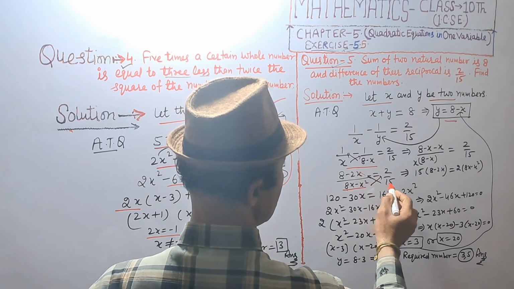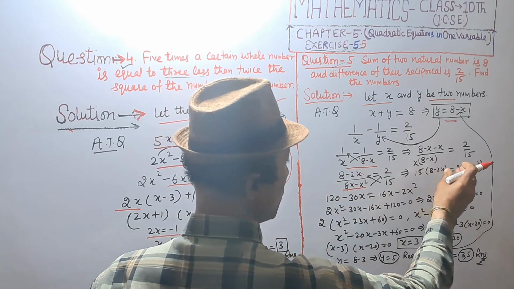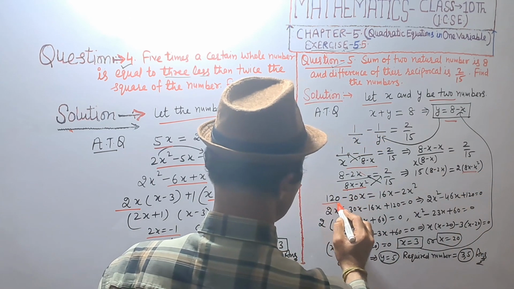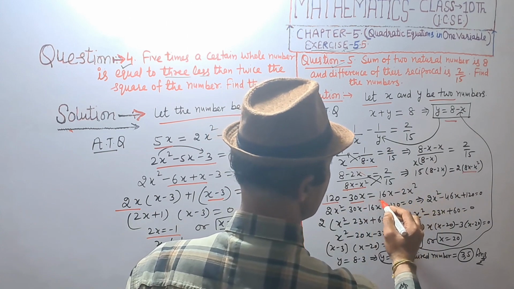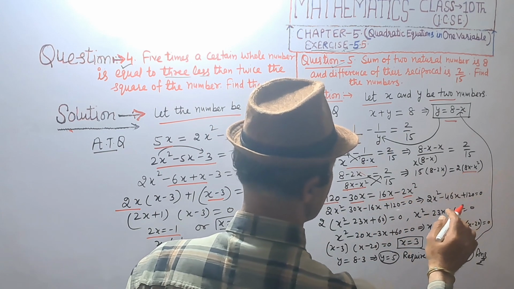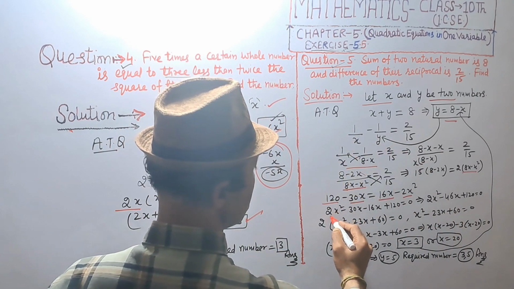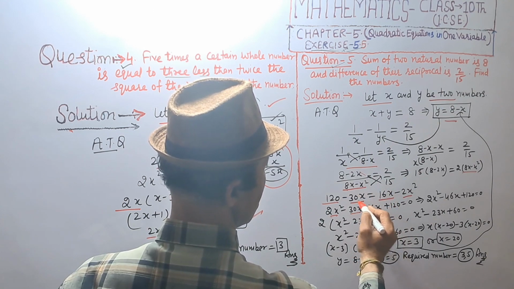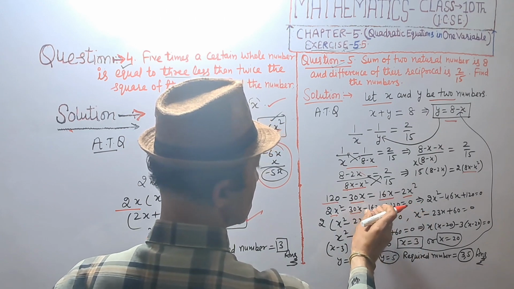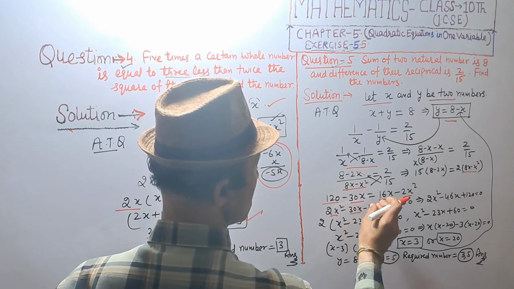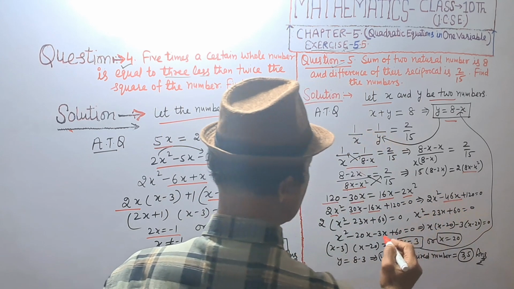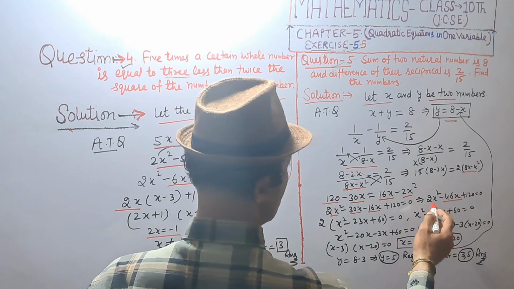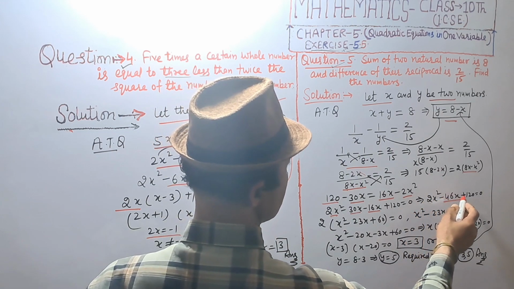Cross multiplying. 15 multiplied by (8 - 2x) and 2 multiplying (8x - x²). 15 8s are 120 - 30x is equal to 8 2s are 16x - 2x². 2x² is shifting to the left side, this will be positive, and -30x, 16x, this will be negative, +120 = 0. 16x - 30x, both minus, this will be -46x, and +120 = 0. 2x² - 46x + 120 = 0.